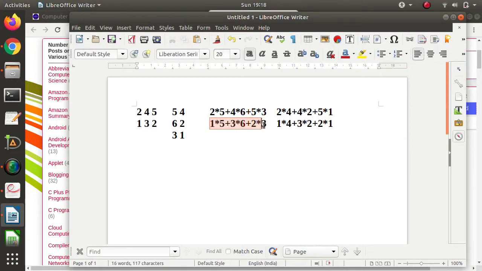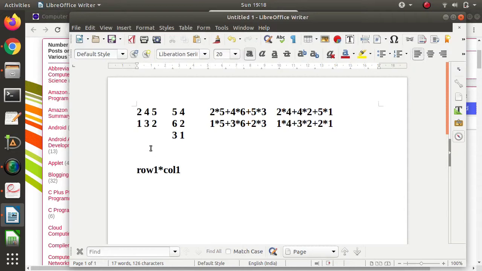In the same way we will calculate this value. How it will be calculated: 1 into 4 plus 3 into 2 plus 2 into 1. So we will get this value. Now see, suppose we assume the number of rows in the first matrix is row 1 and the number of columns is col 1.